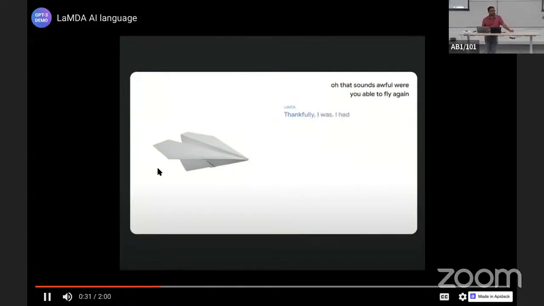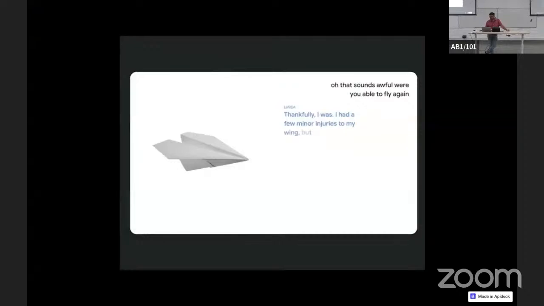And the question from the machine was, thankfully, I was. I had a few minor injuries to my wing, but you can't really tell unless you know what to look